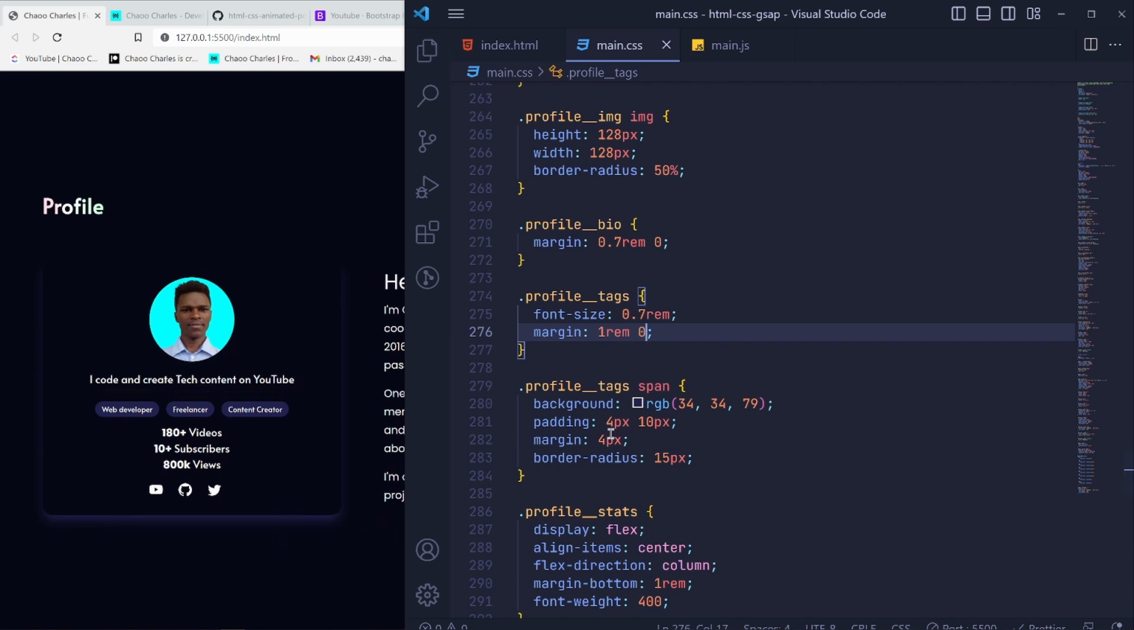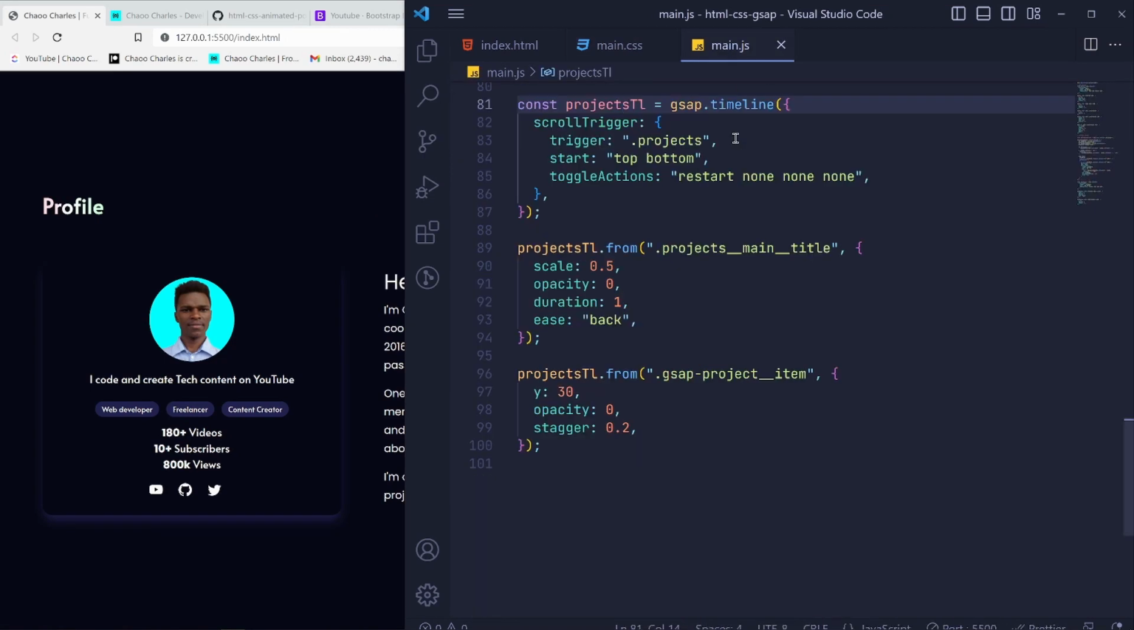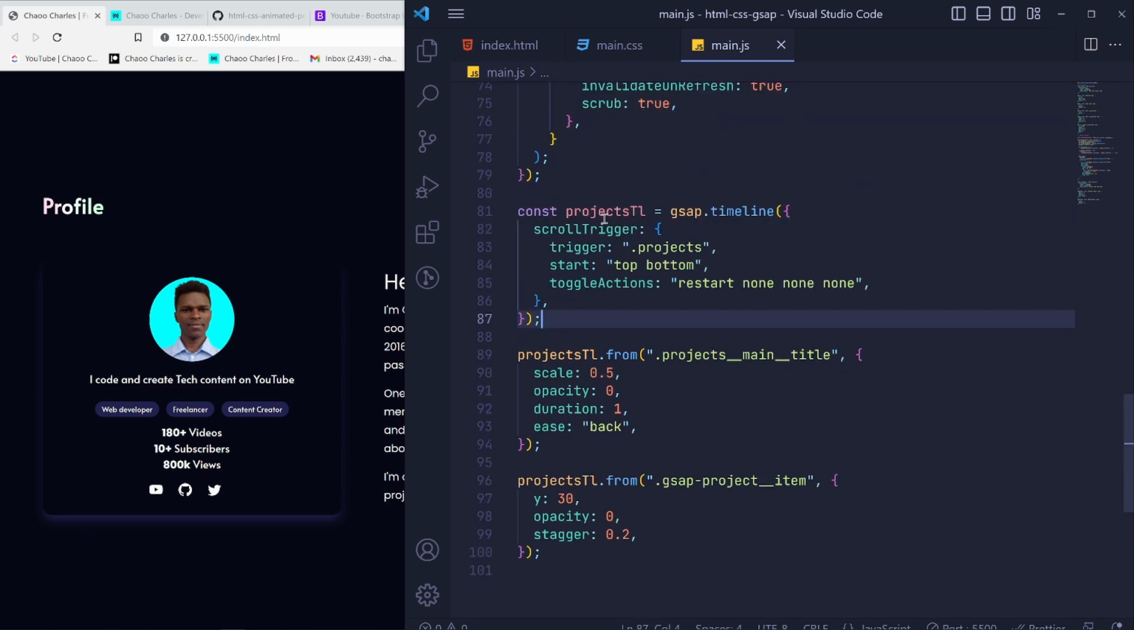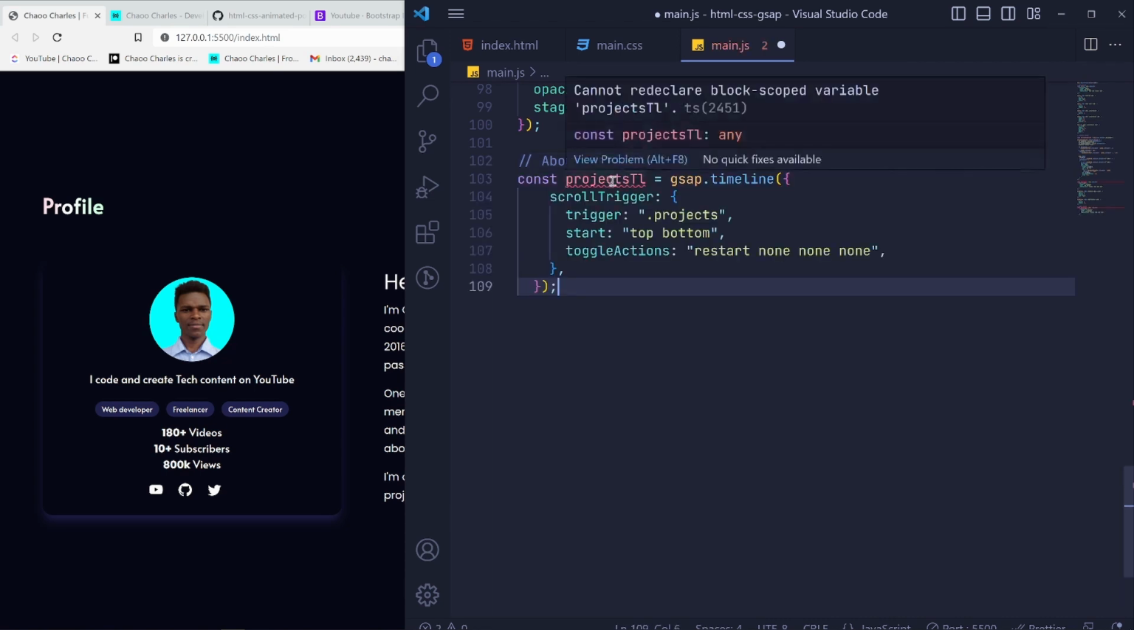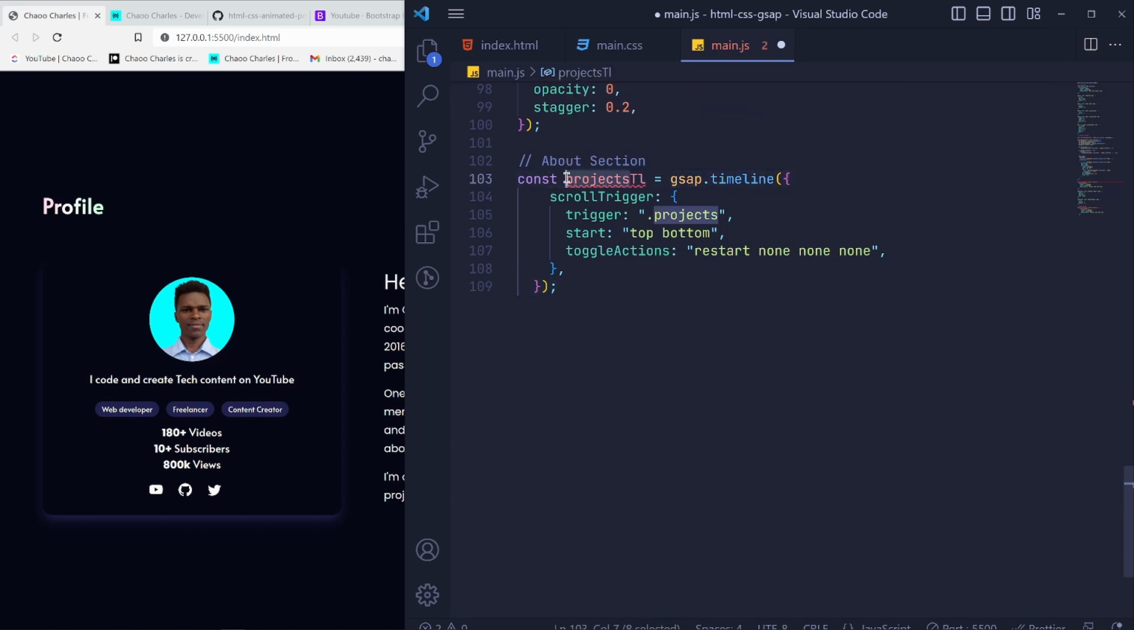Okay, I'll go with that. We just need to add some animations for GSAP, and then we will be done with that section. So this will be easy, very easy actually. We just need to copy this one, then here about section, then I paste. We change this to about